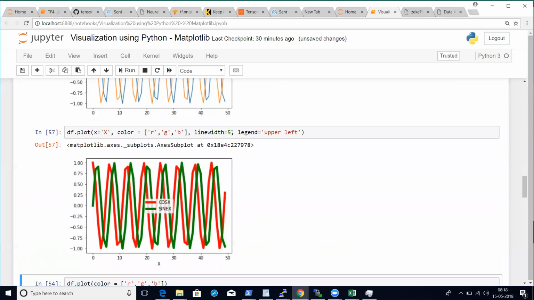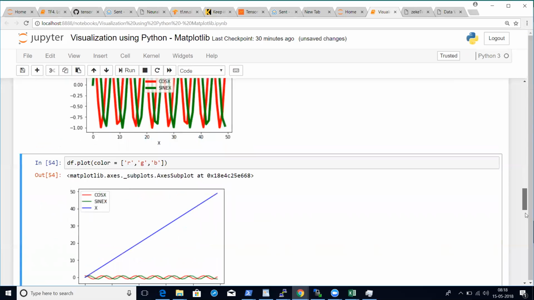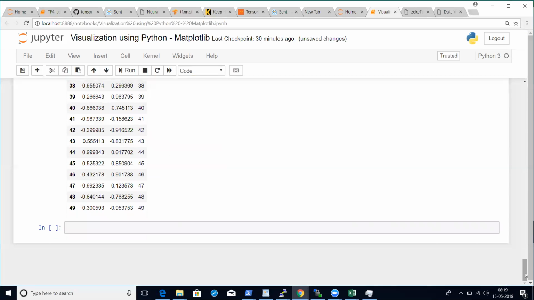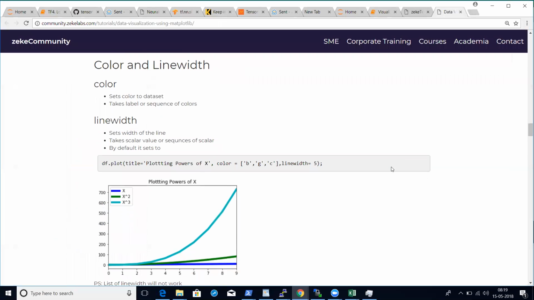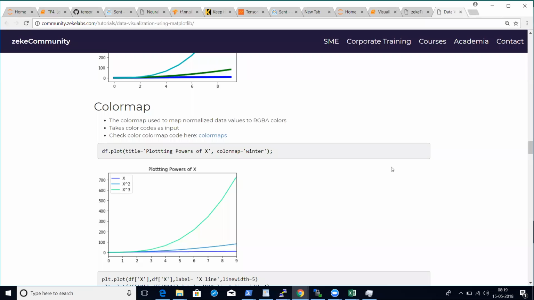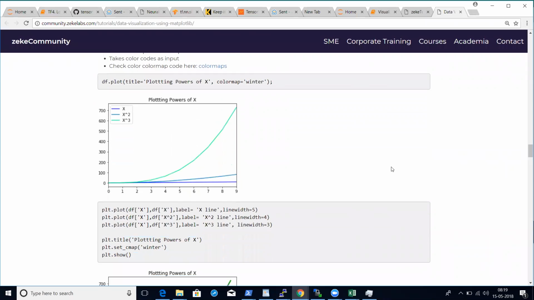So one thing, when there's a lot of data, not the sine or cosine function, and we keep on increasing the width of the line or the points, it will automatically increase. Then we have a lot of other types of plotting for that. It's not that this type of plotting is suited for all the data. I'll show you. Then you have color map. Okay, color map is